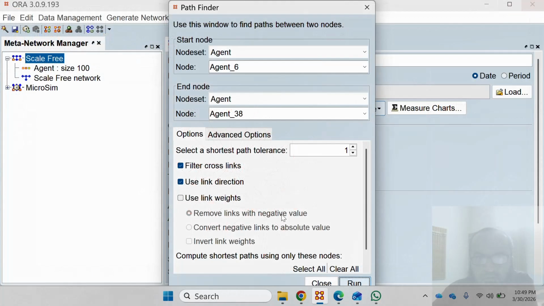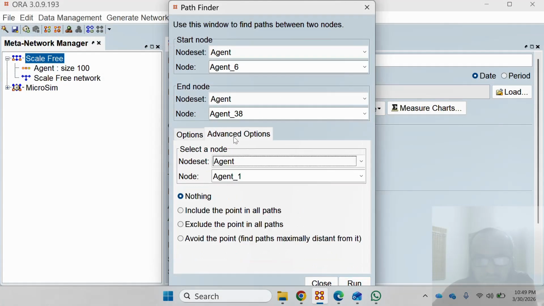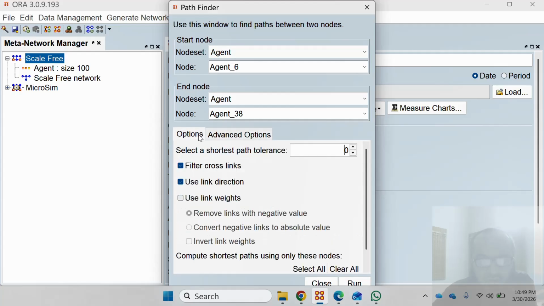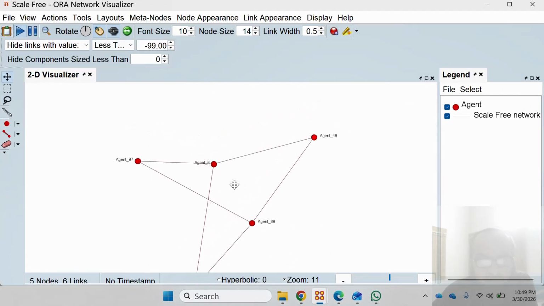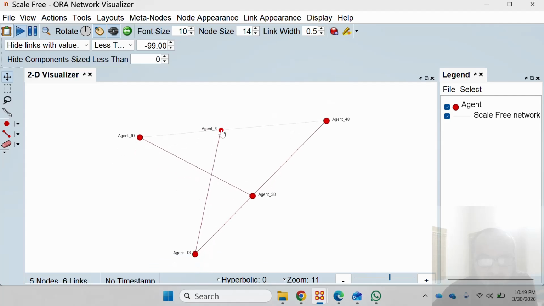Okay. So let's keep it to 0. Advanced options. No. Run. Okay. So it shows us actually all the possible paths which can lead us to node number 38 between